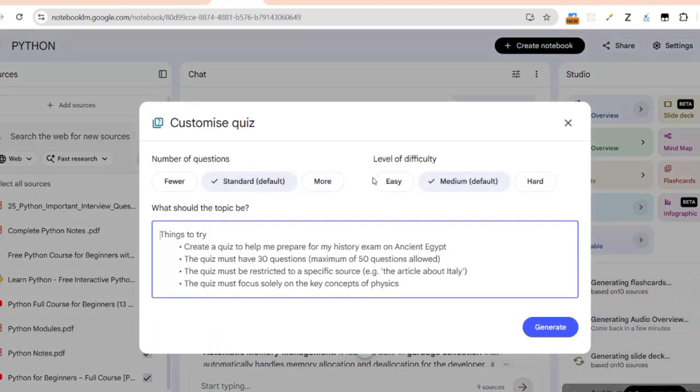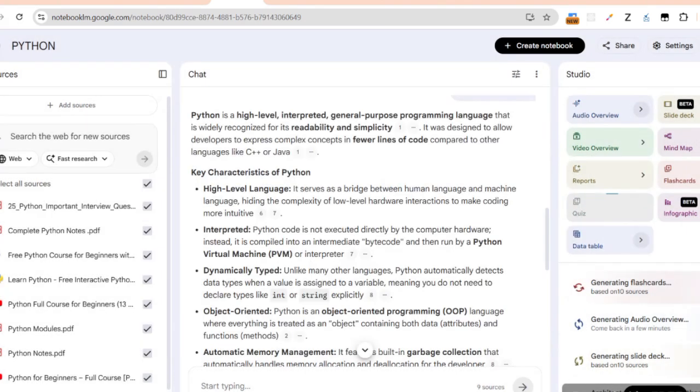Is it standard, easy, or difficult? Let's just say easy. Okay, so boom, easy, then standard. Okay, generate. So you can have this. While that is generating, we can also come here to, let's say, based